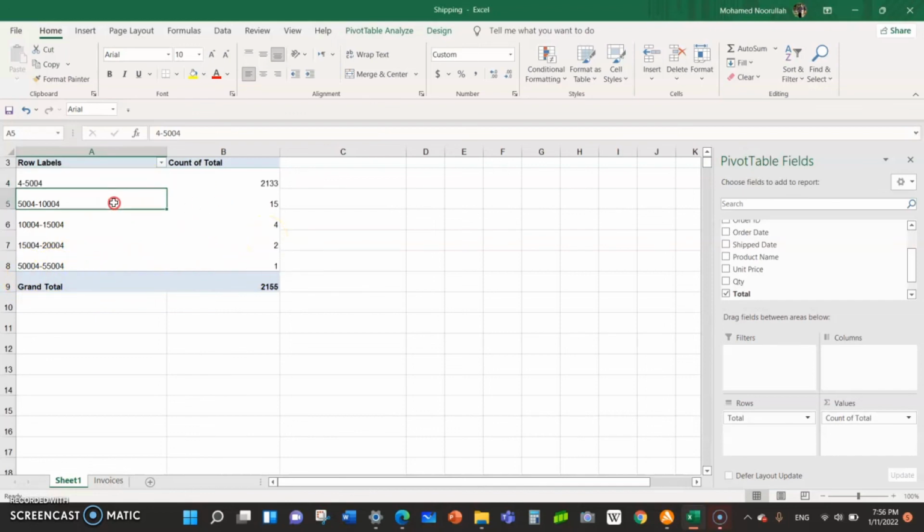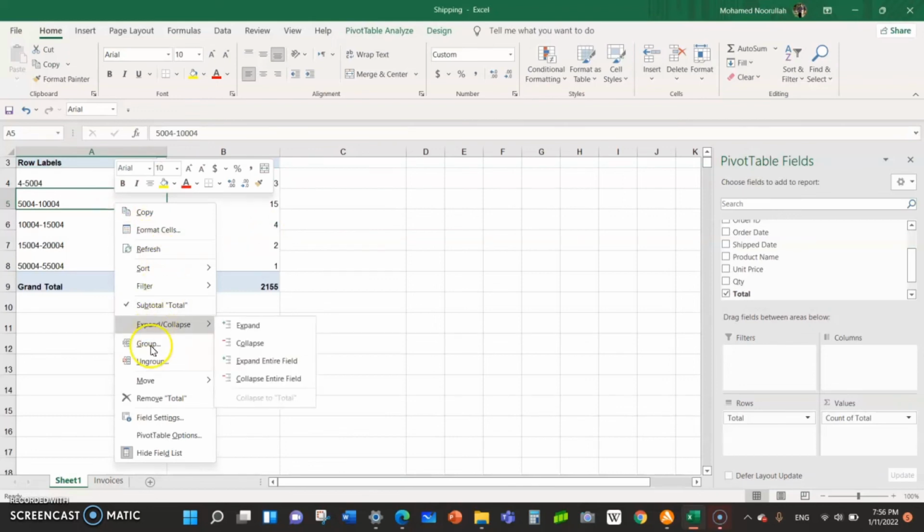So this group function is built in within the pivot table. These are all unused functions, seldom used. This is not used often. So we need to explore these kinds of options one by one, to make the best use of the pivot table options, so that you do not have to do any additional work.